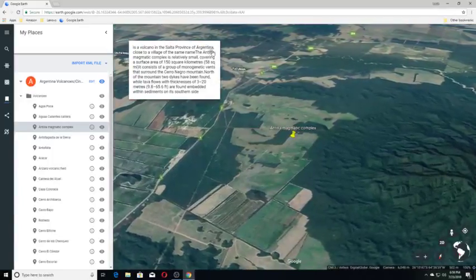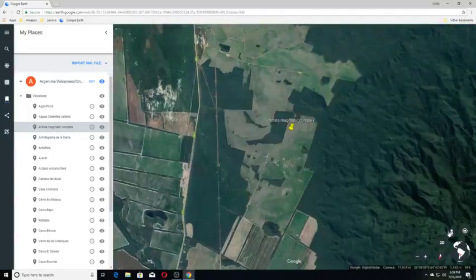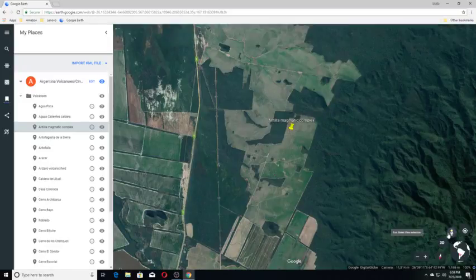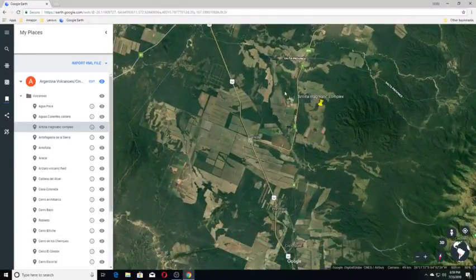Okay, so we'll check and see if we have a view for this area. Sometimes we do, sometimes we don't. And we do not have one for this area. So you can see this area is over here. And moving on to the next one is